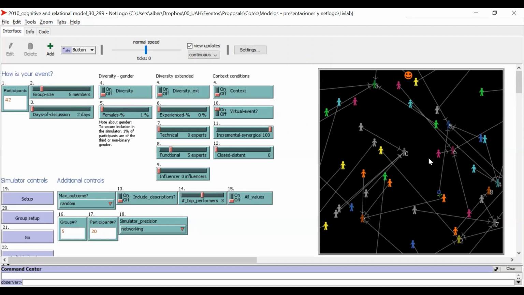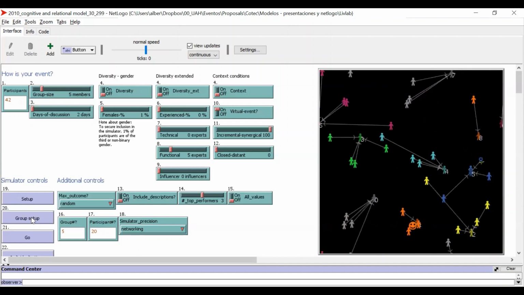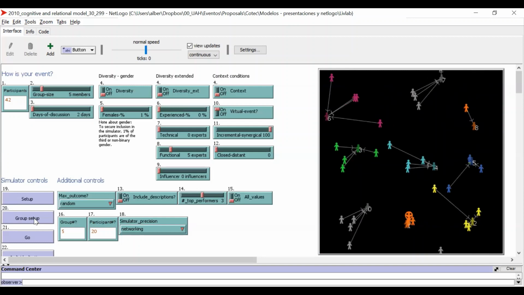The simulator creates this event with 42 participants. We can group them. They're already grouped, but we can present them in a more grouped form. With each click of group setup of the control 20, we make the participants, the members of each group, get closer to each other. Now they are close enough so that we can see that they're groups, and you can see that there are